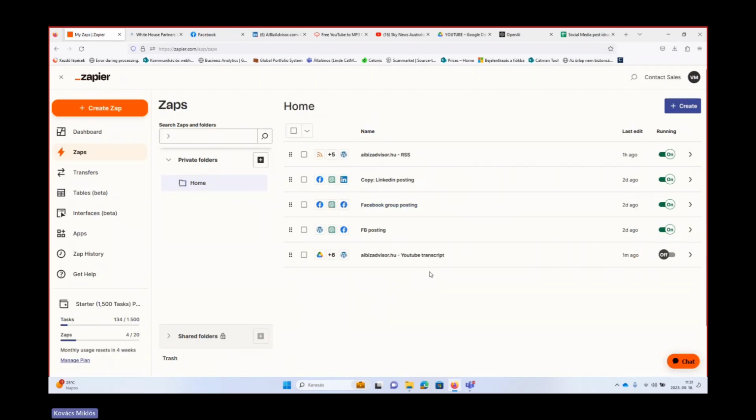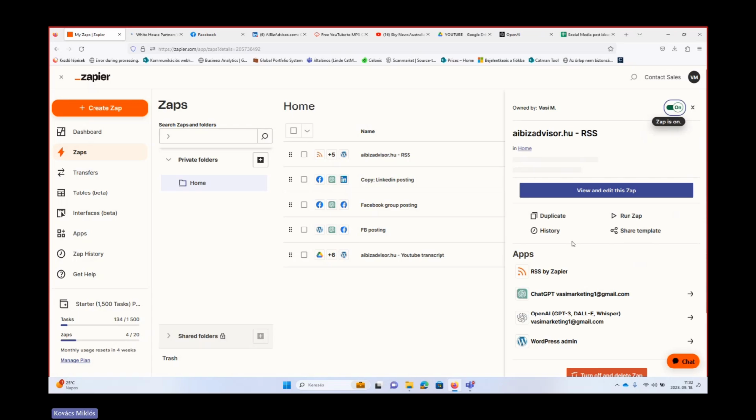So far we have created blog posts from an RSS feed and a YouTube transcript. But what if you do not need this, you just want to maintain a sheet, a Google Sheet for instance, and add some ideas, and you expect ChatGPT to use your ideas to create a blog post? It's also possible, obviously, and I'm going to show you how.